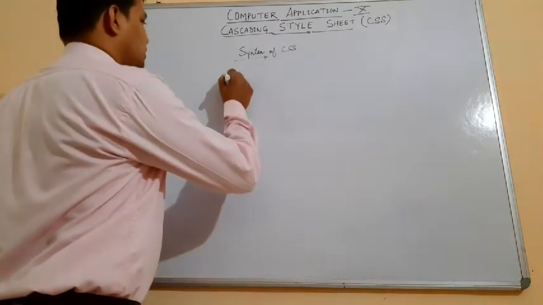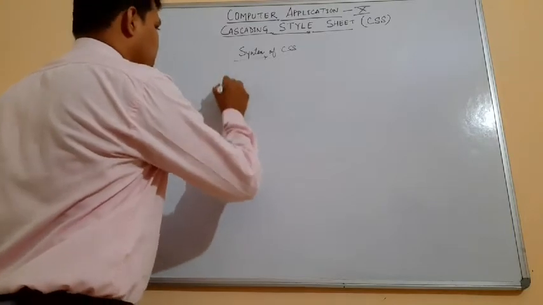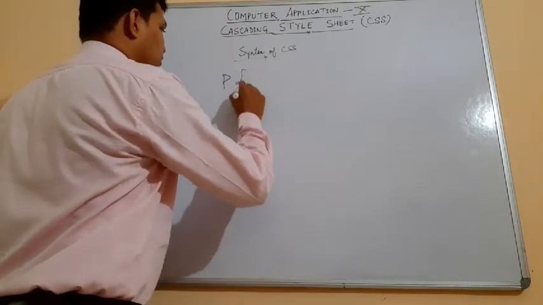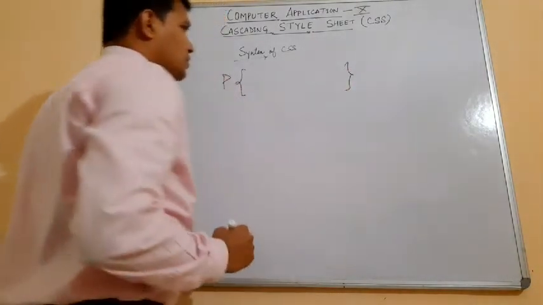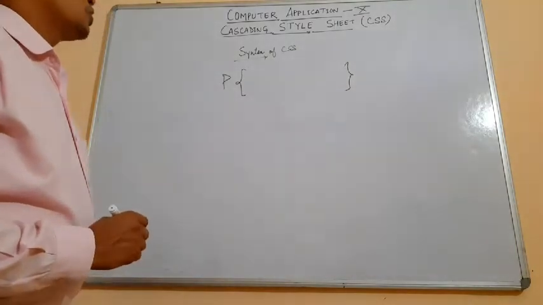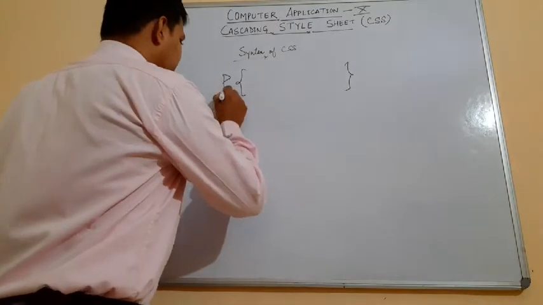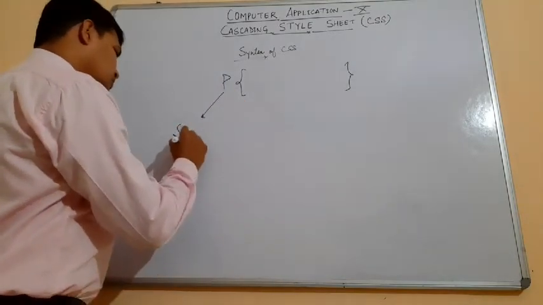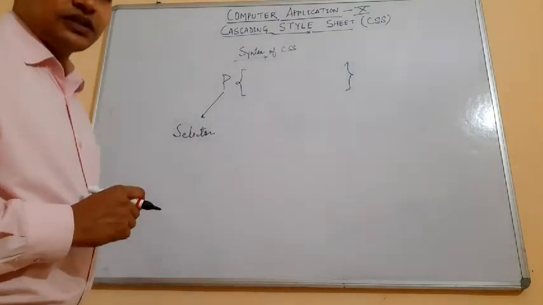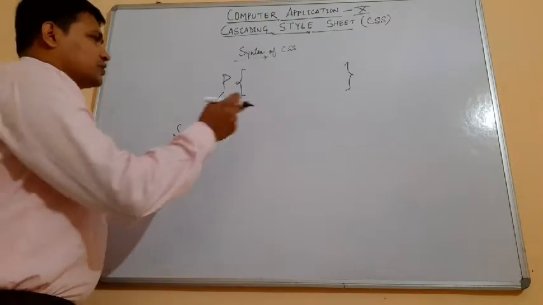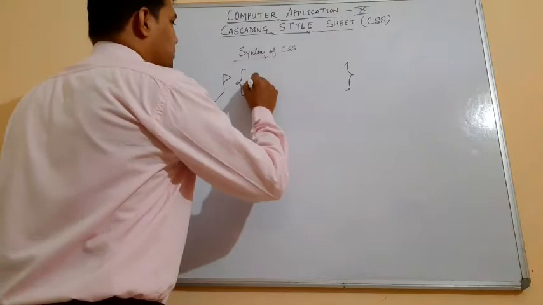First of all, you understand this is P. Then you have to use a curly bracket, opening and closing. The P that you have defined here is called a selector. Under the selector, you have to define the property and the value. For example, P color